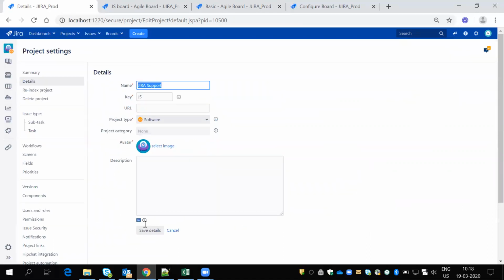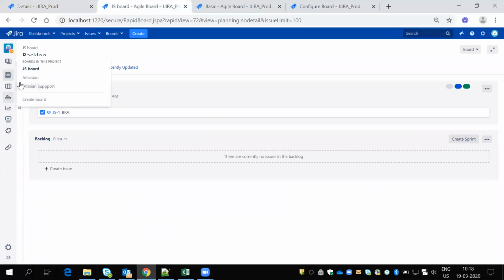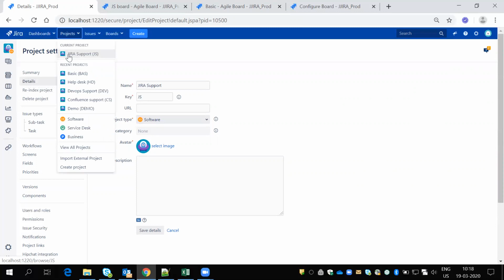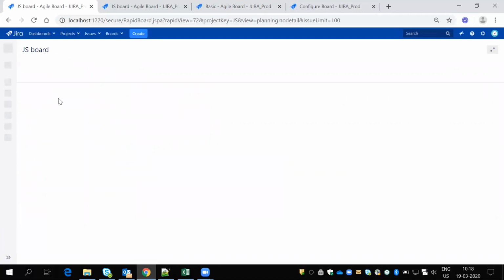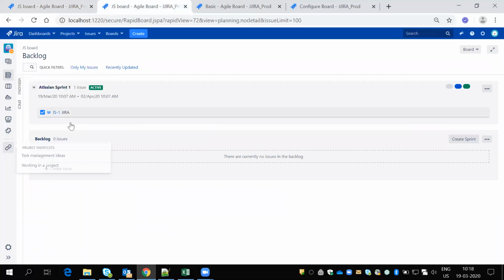When you click on save details, this is converted to software. So when I change this, all options come automatically. See, and now if you refresh this, see, the board is coming here. And if you click on projects as well, the same view will appear, the same epic version. All these options, here also epic version will be the same option.